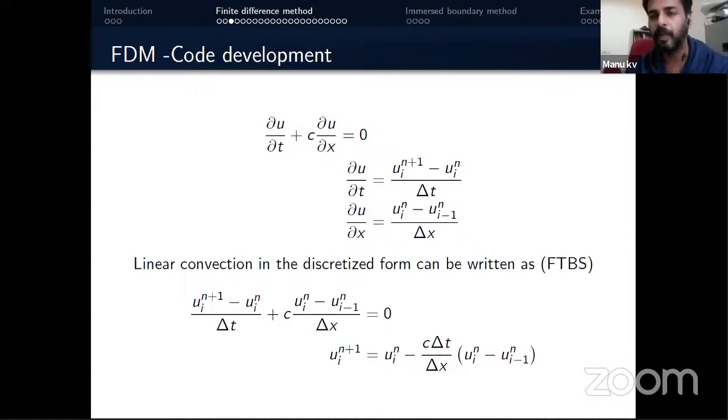But there are important aspects associated with these equations. For example, if you look at the second term on the right hand side, there are terms like c delta t by delta x. We have to be extremely careful with that particular number, c delta t by delta x. The time advancement and delta x are related. Otherwise, this scheme will give a wrong solution, or the code will blow up. This is related to the stability of the finite difference equation.